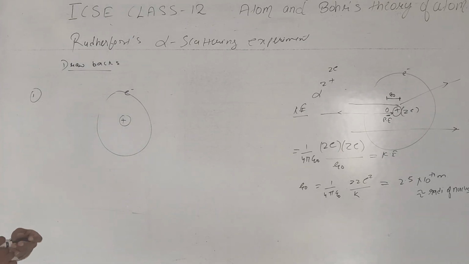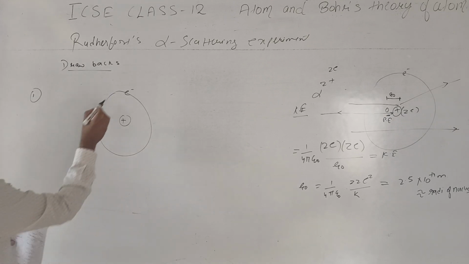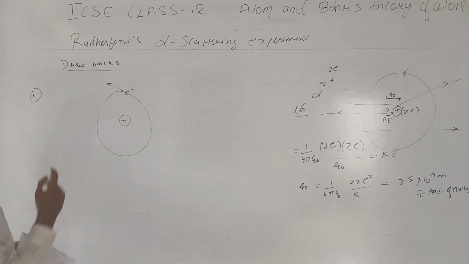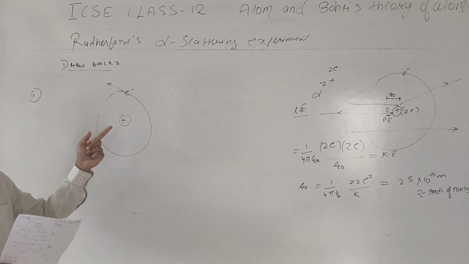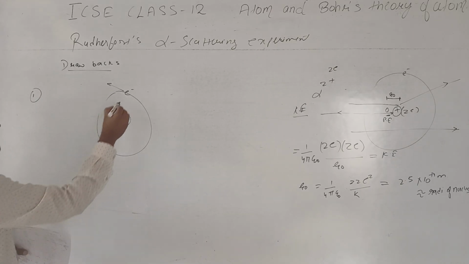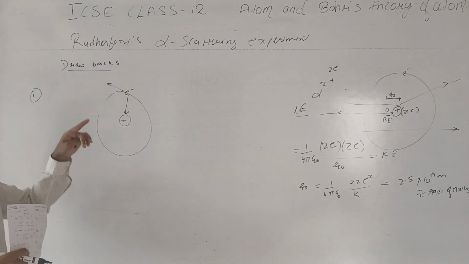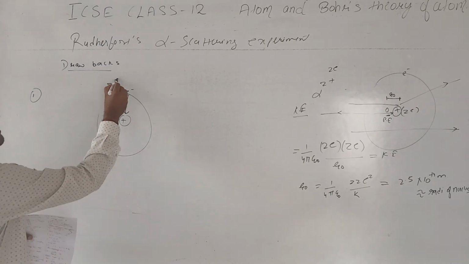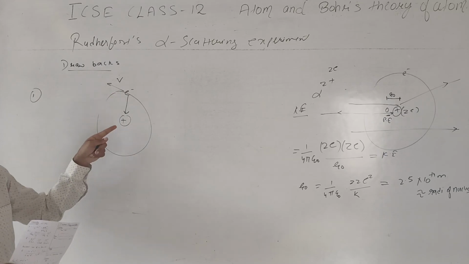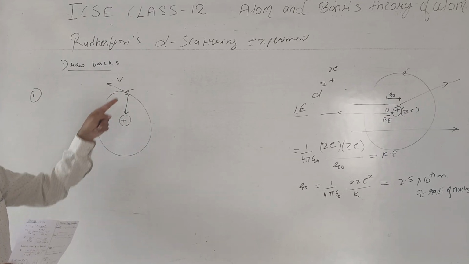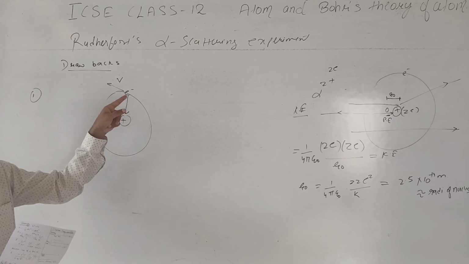To revolve around the center, we need a centripetal force, or a centripetal acceleration. The electron wants to go in the tangential direction, but the nucleus is attracting it towards its center